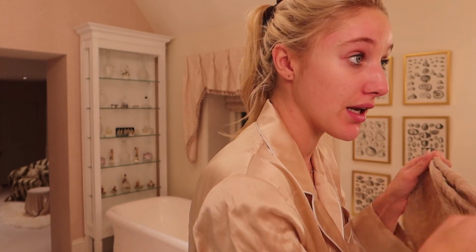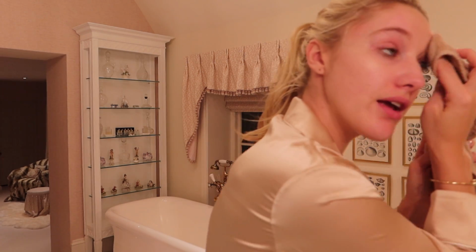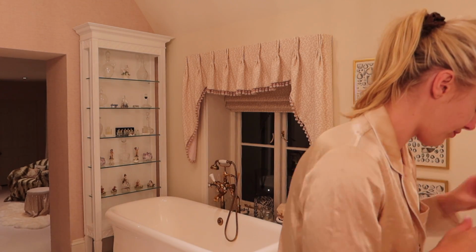Now, with the combination of the terrible lighting in my bathroom and the fact that I have just scrubbed my face raw, I look like a tomato, but I'm squeaky clean. I'm so clean that actually, I would say, I do not need to do a double cleanse. And that is that. So I am going to take a little pad here,